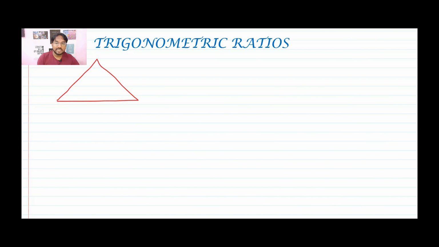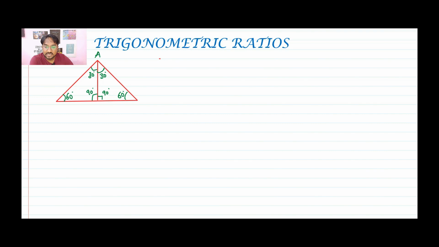So let's start by making an equilateral triangle, and let's draw an angle bisector from one angle to the opposite side like this. So now we have this equilateral triangle, and we know that in any equilateral triangle all the 3 angles are 60 degrees. This is 60, this is 60, and as we have drawn the angle bisector from this angle, both the angles will be 30 degrees, right? Half of 60. And when the angle bisector is drawn from one angle to the opposite side, it makes an angle of 90 degrees. Also it divides that opposite side into 2 equal halves.